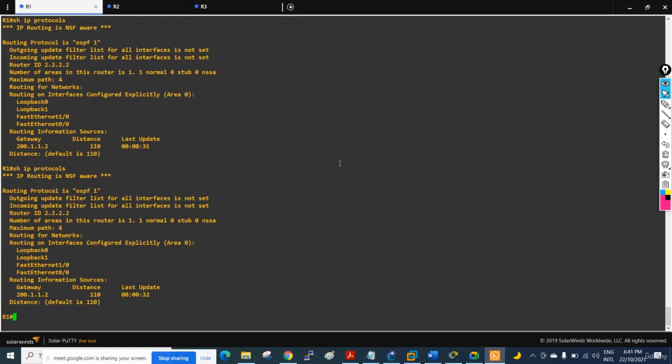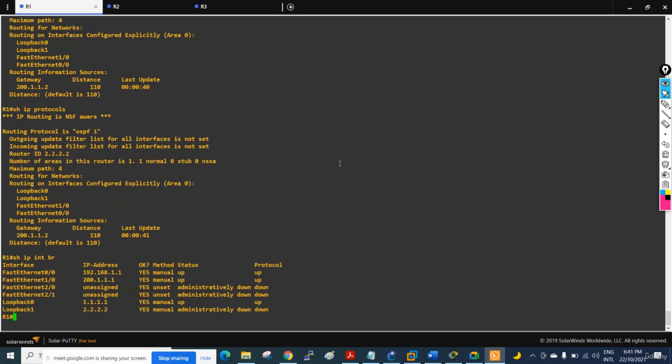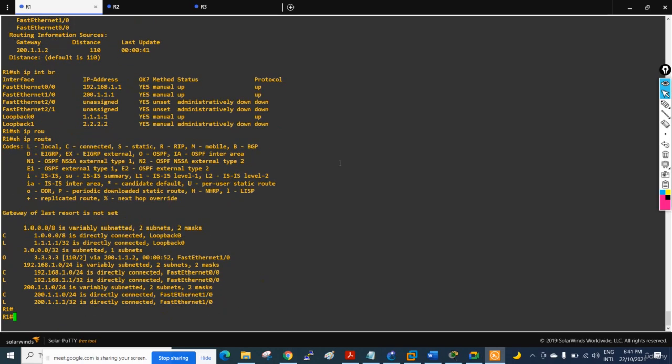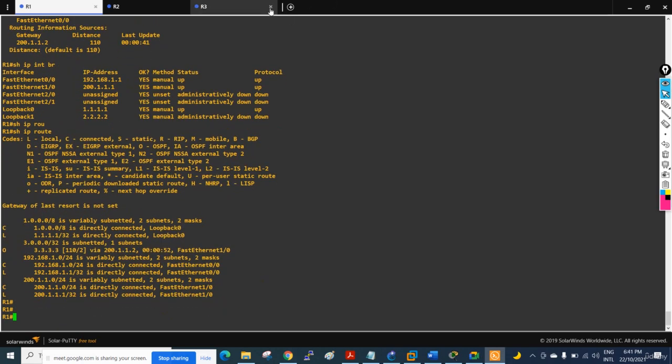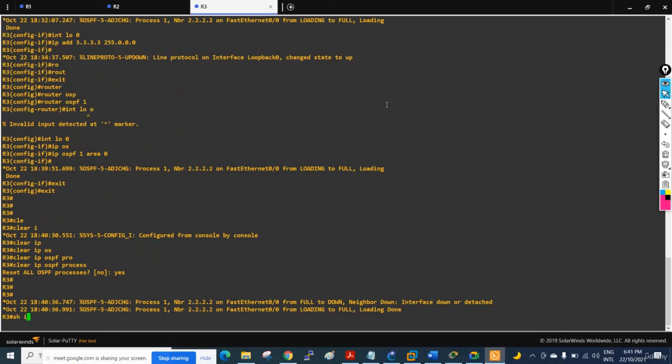Still it is... sometimes we have issues here in GNS also. It will change. It will change. This we already made. If we check show IP route, here we are running three. If you go here, show IP route,